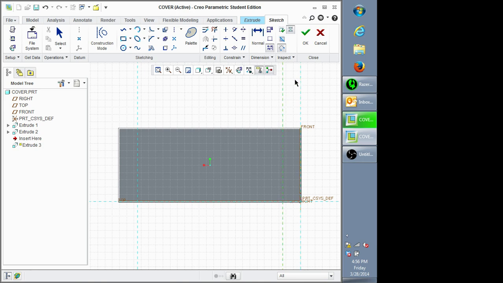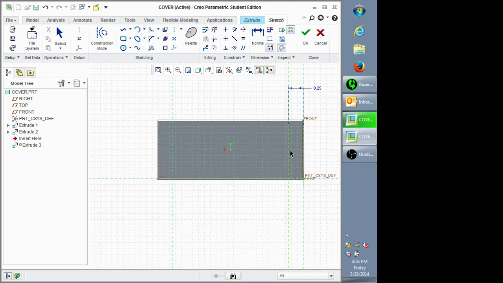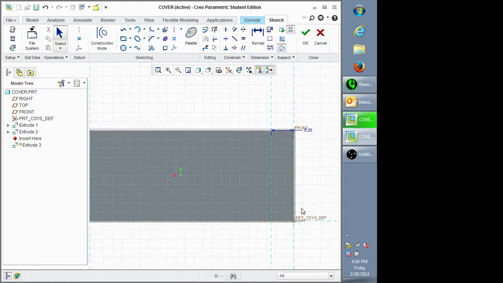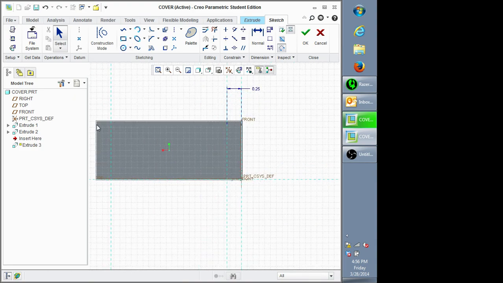This pretty much is saying that you can't edit this dimension. It'll show up for you so you can see it, but it won't allow you to go in and mess with it. So by doing this, you can't mess around with this edge right here. It's fixed. Now that we have that, let's go in and create two holes that will be used for the